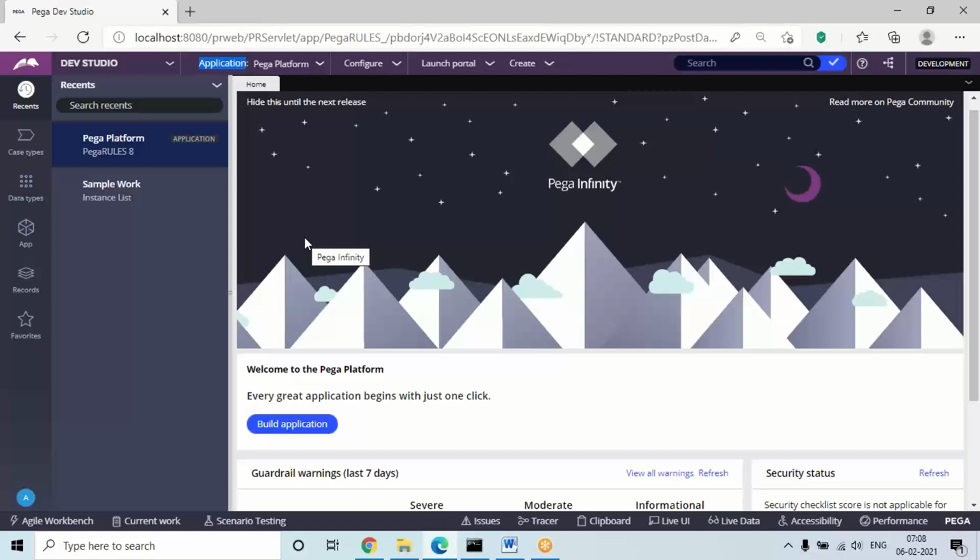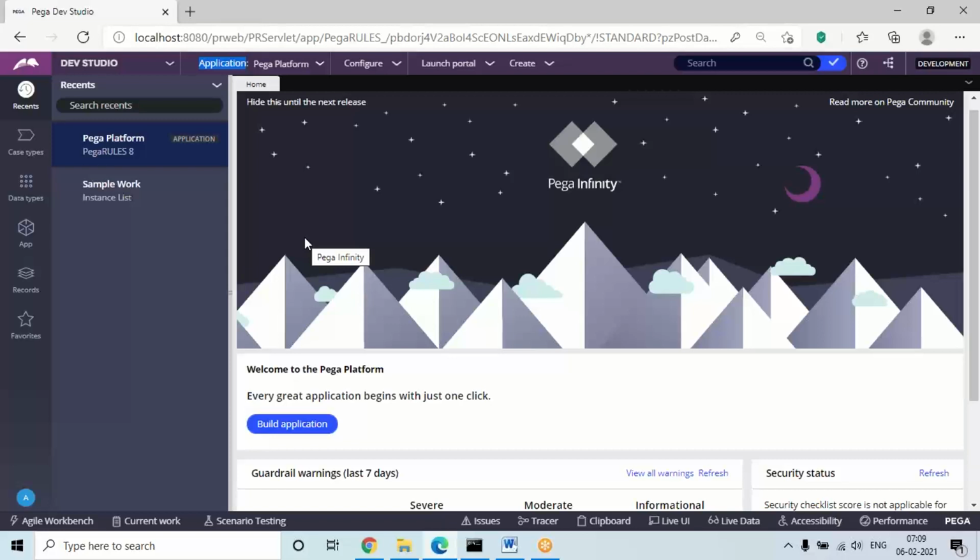Okay, and what is the default application we have in the platform? This is called the framework application. Okay, and if you want to define any new applications, first we'll create a user-defined framework, and under that we'll create an implementation, which I'm going to explain today in detail.